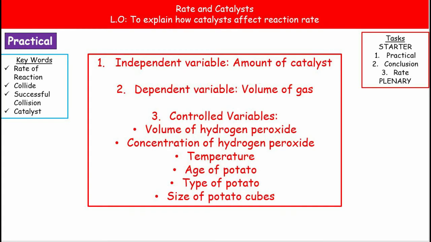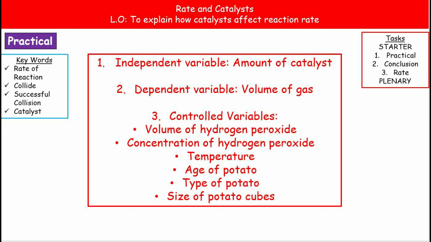Let's check those answers then. So obviously mark your work as we go through these. The independent variable, first of all, is the amount of catalyst. You might have described that as the amount of potato in this case. The dependent variable is the volume of gas that we're producing, and the controlled variables, the volume of hydrogen peroxide,